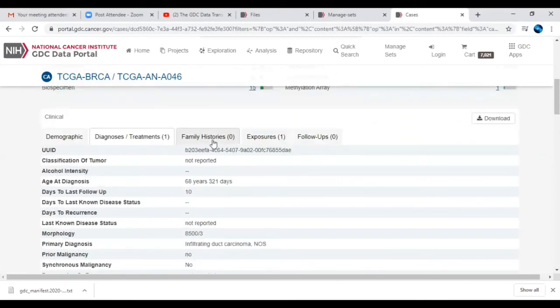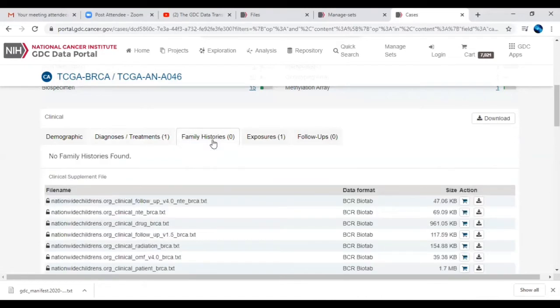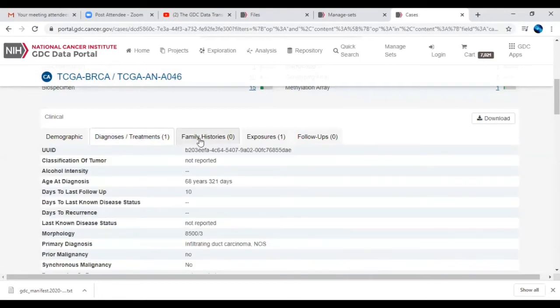They also provide the family history of that particular patient. For this patient it is not there, but it will be really helpful if some genetic disorders are present in the patient history. Then we can treat those patients based on their genetic factors, if the patient's cancer has evolved genetically or due to a mutation in a gene.